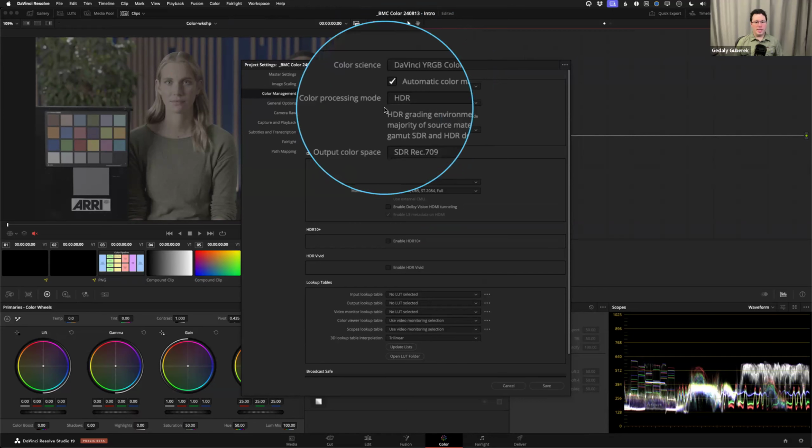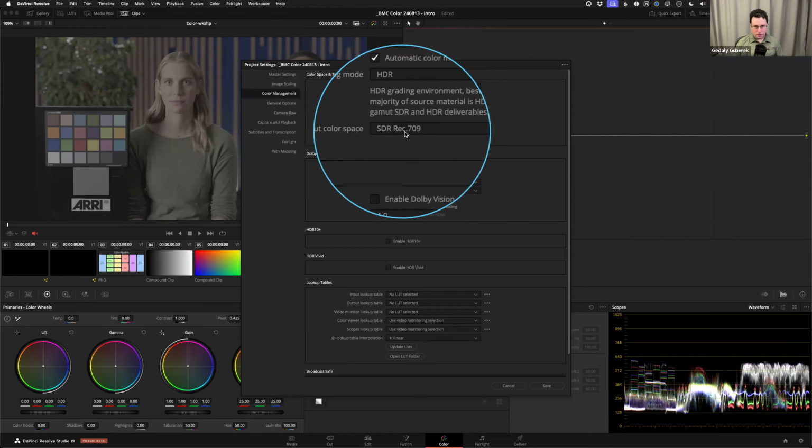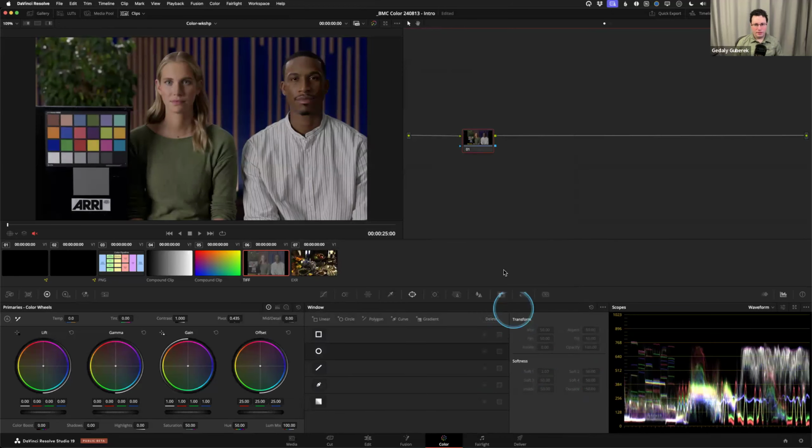That doesn't actually change the output. So our output is still Rec 709. It just means that as I'm grading, I have a few more, more latitude, more room to work with the image. It kind of keeps it in that log state under the hood. So I'm more flexible with the types of adjustments I can make. I'm going to click save. And that has also worked because